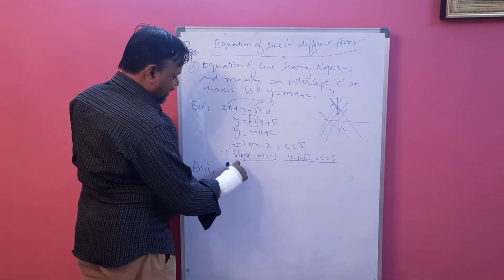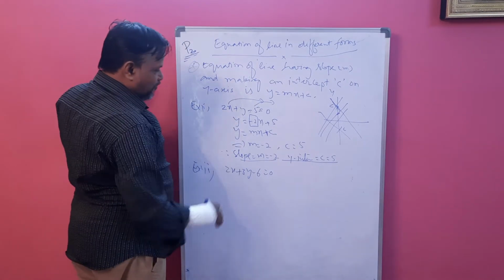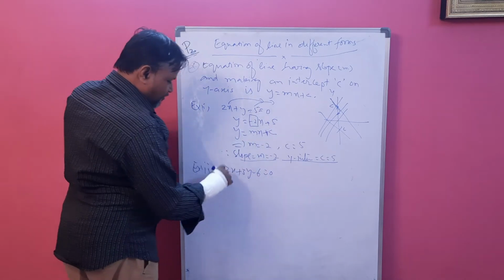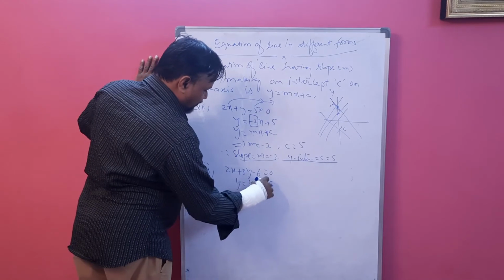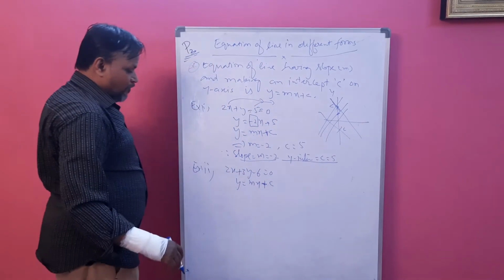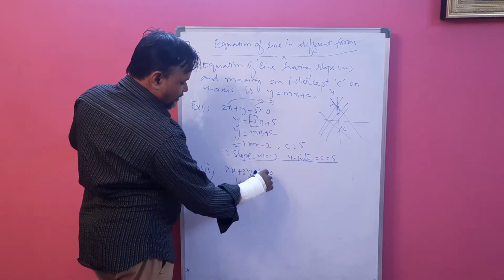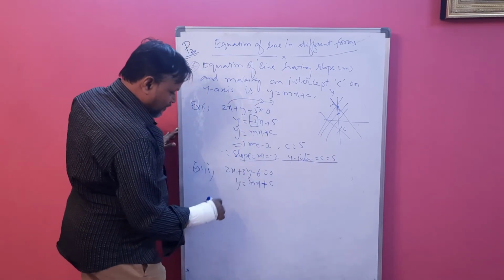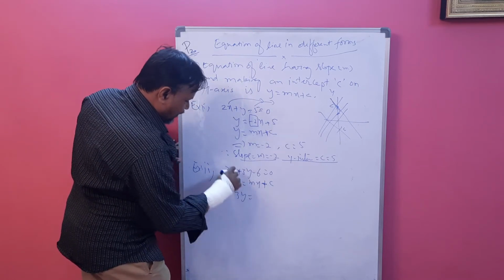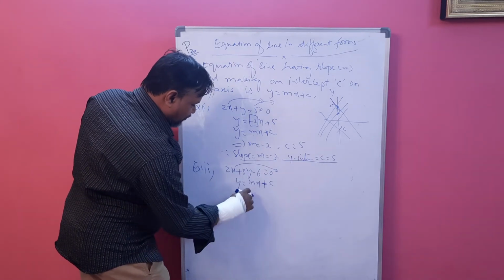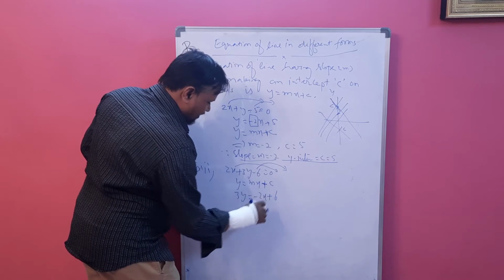2x plus 3y minus 6 equal to 0. Now again we have to make this equation in this form. How? Y equal to mx plus c form. We have to write the given equation in this form, then only we can get the direct coefficient of x as m and the constant term as c. So again we can move this number to that side. 3y equal to, this goes to that side, minus 2x. And again this goes to that side, it becomes plus 6.